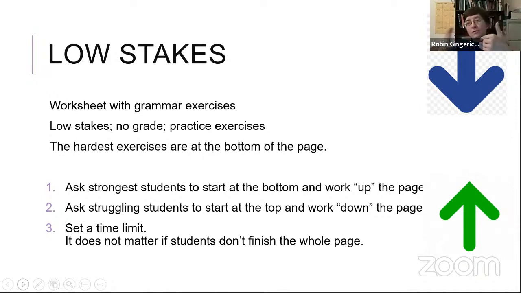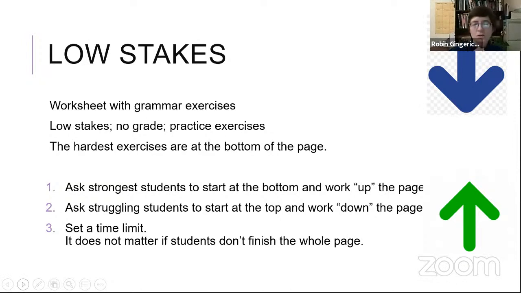Eventually, in 3 or 4 weeks, they're all going to know that concept. They're all going to be able to use that concept somehow. But for this week, you already know that your strong students need a little more challenge and your weaker students need a little more support. So that's just an example of a low stakes assignment. Let me do one more example, then I'll let you ask some questions.